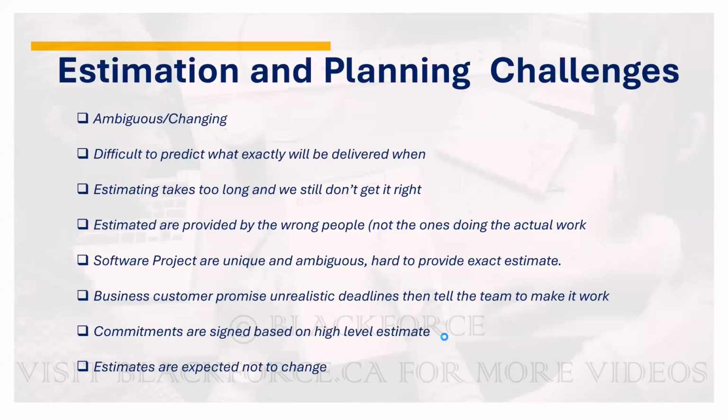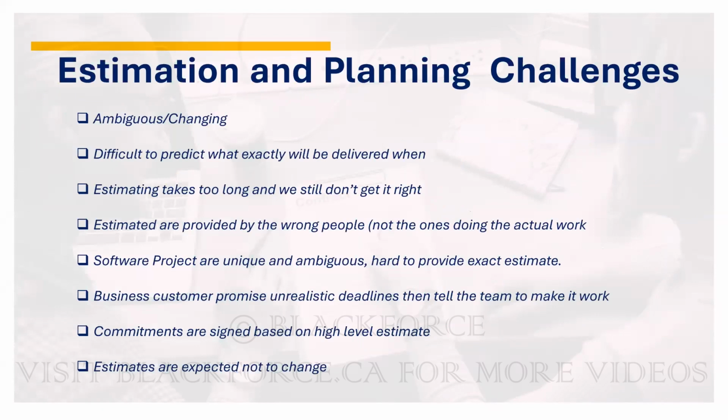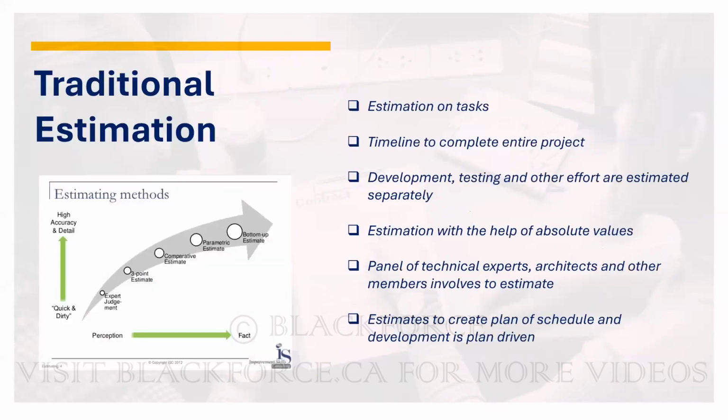Okay, so let me talk about estimation. What estimation is about, when we do agile and when we do normal waterfall, we have the way we do estimation in the traditional way. This is what we do. We can use all these methods to do estimation in traditional project management, like what we call expert judgment. Expert judgment is just saying like,